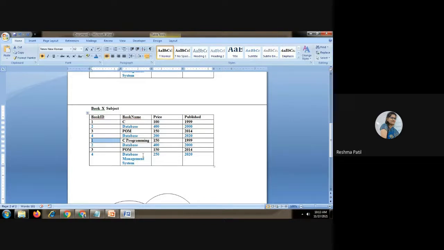Now if you want to apply some query on this Cartesian product, it will show all the records from the first table as well as the second table. It will merge all the records.